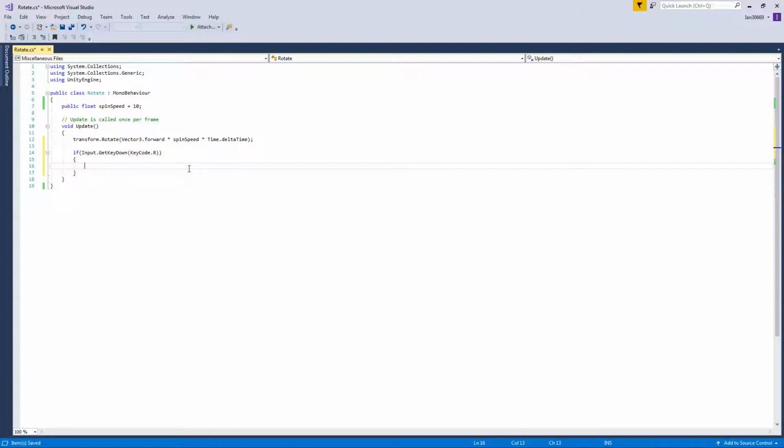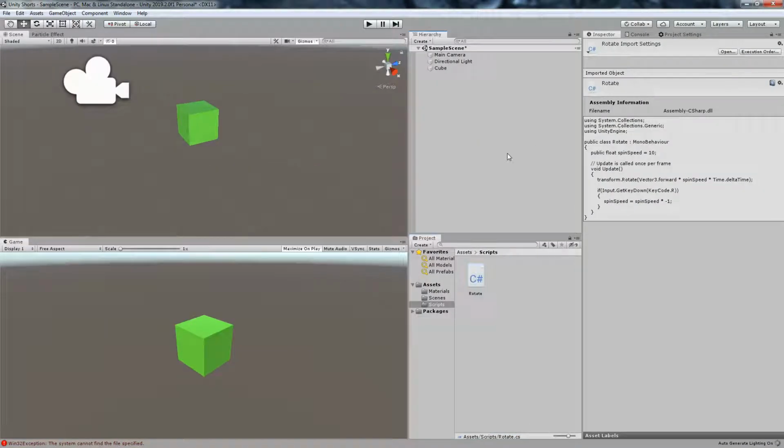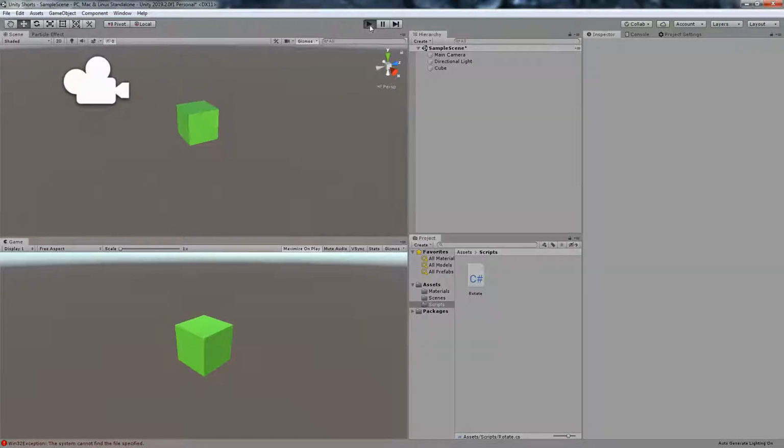It's going to make spinSpeed equal to spinSpeed times -1, like this, and then make the little semicolon. So when we press R, it switches the speed from a positive or negative number to the opposite one. Alright, so now we'll go ahead and play that,